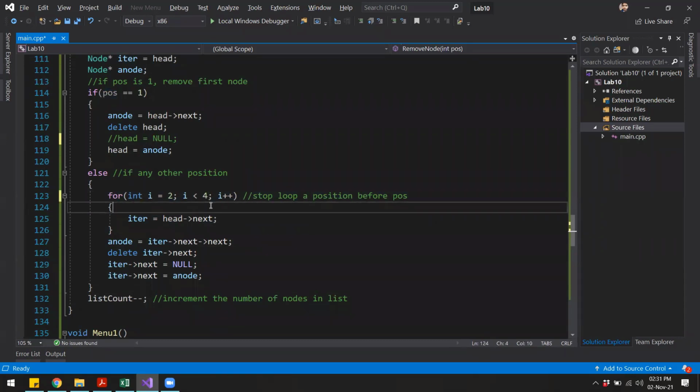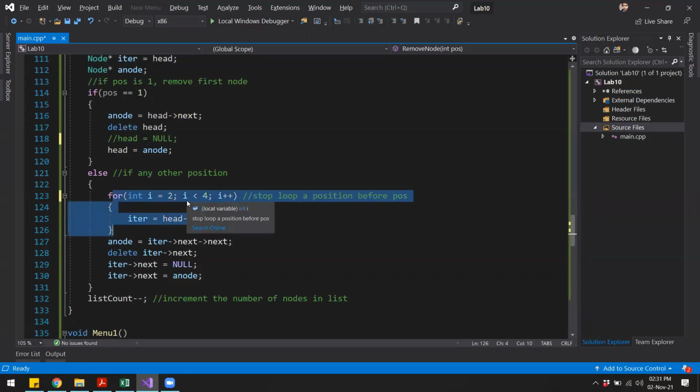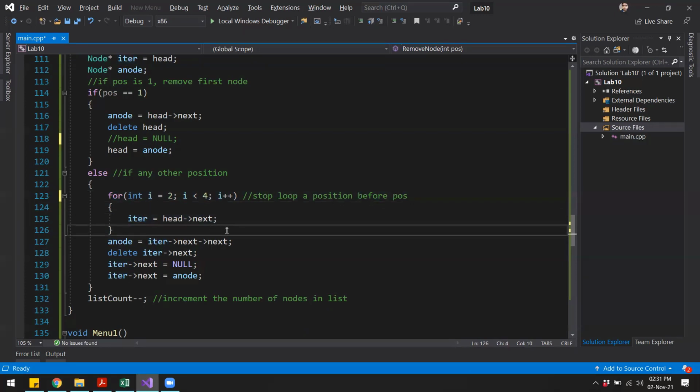So in here, what we are saying is, you run the for loop 2 times, right? When I is 2, then when I is 3, so that will be 2 times. When I becomes 4, this loop will terminate because 4 will no longer be less than 4. So this part will happen 2 times.